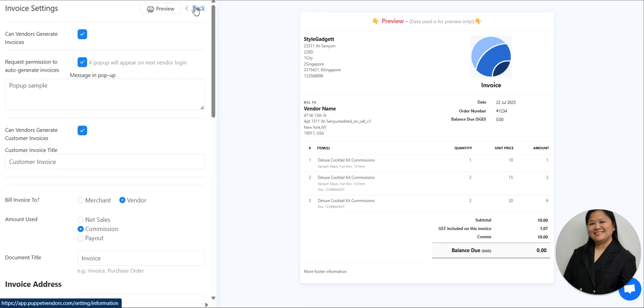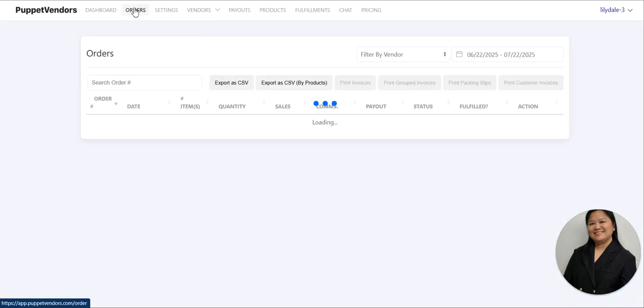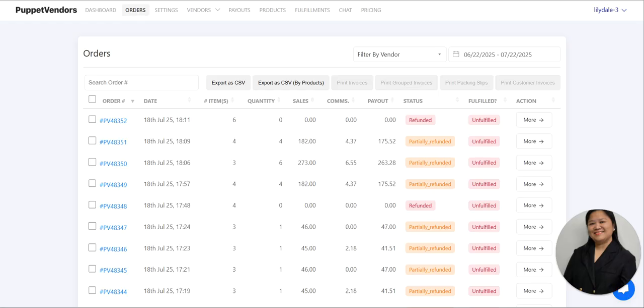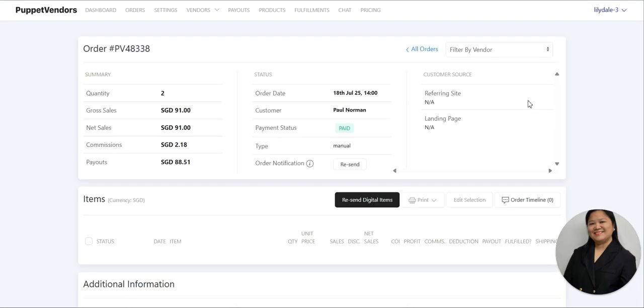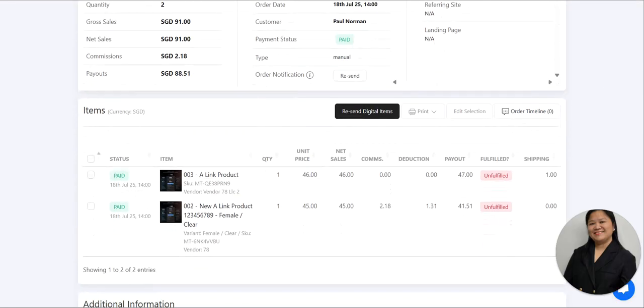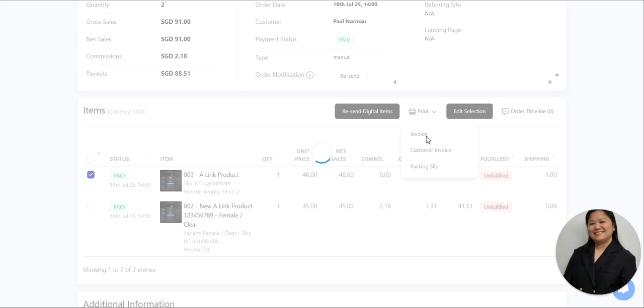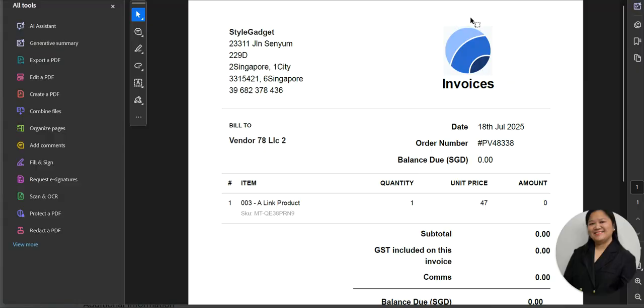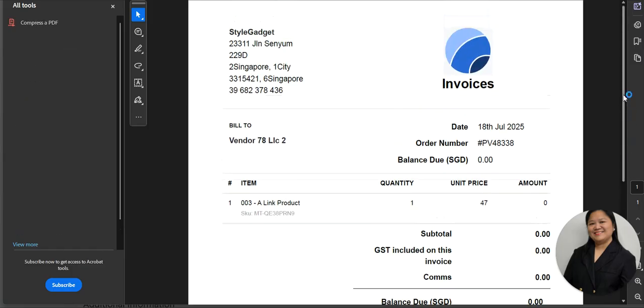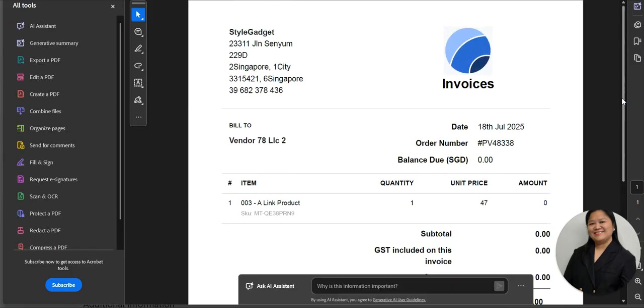So let's exit this view. And now we're going to the orders tab. So we will click this order, and we will choose one and choose invoice. So this will download the invoice and it will look like this. So this is how you would be able to set your